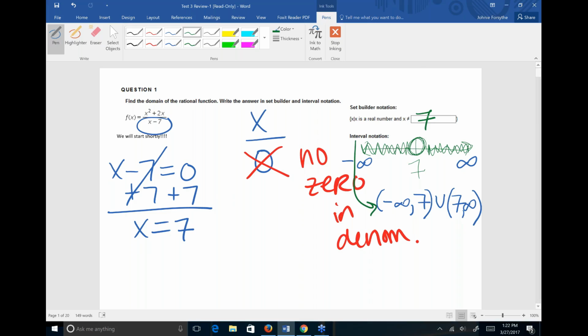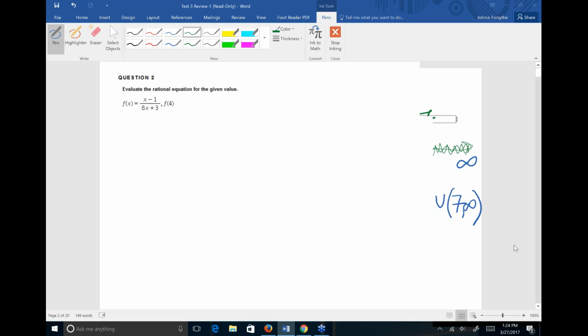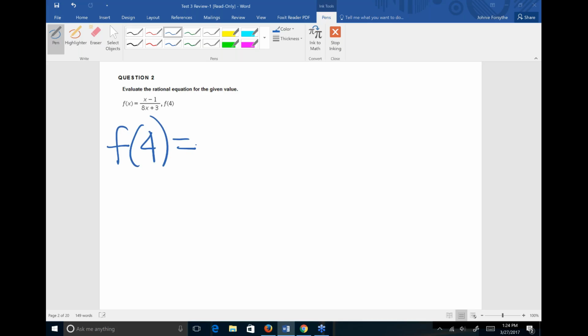All right. Evaluate the rational equation for the given value. f of x equals x minus 1 over 8x plus 3, and we want to find f of 4. All that means is we're going to plug in 4 everywhere we see x. So f of 4 would mean that everywhere we see x, there's an x, and there's an x, we're going to plug in 4. So we have 4 minus 1 over 8 times 4